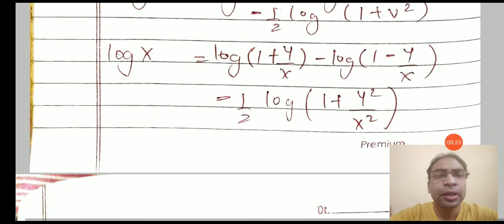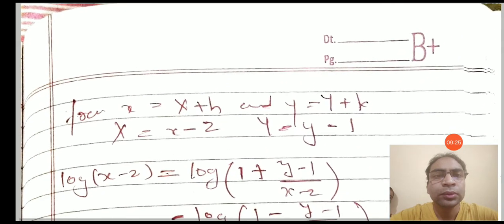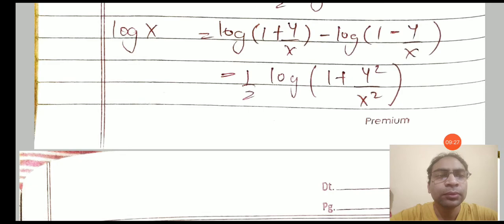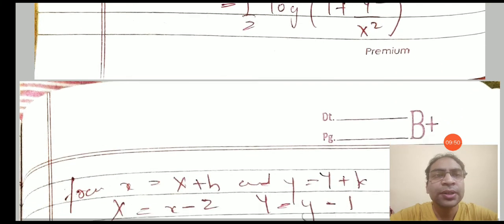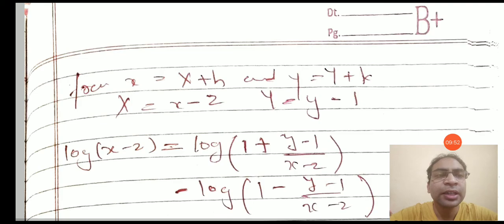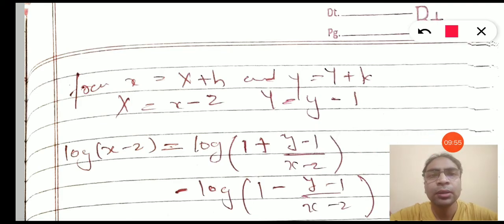We can solve it a little bit more, and once we have the normalized equation, that is log of x is equal to 1 upon 2 log of 1 plus v square upon x square, we will replace the v with the substitution y upon x. So this is the first substitution we did to solve the homogeneous equation, and once we replace this substitution, we will replace back these capital Y and capital X from what we have substituted.